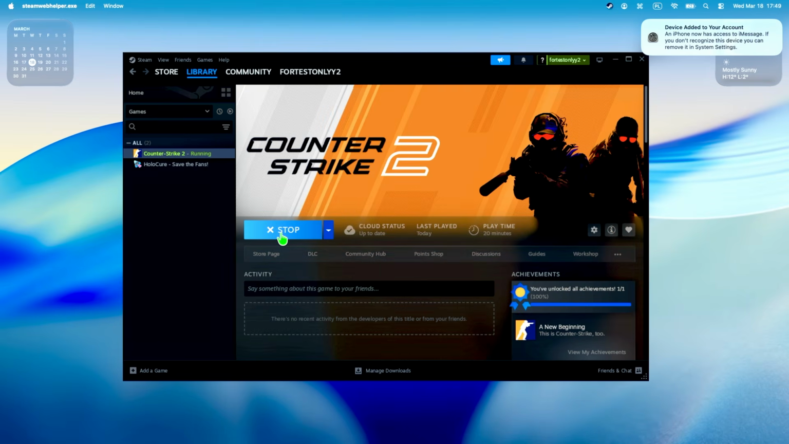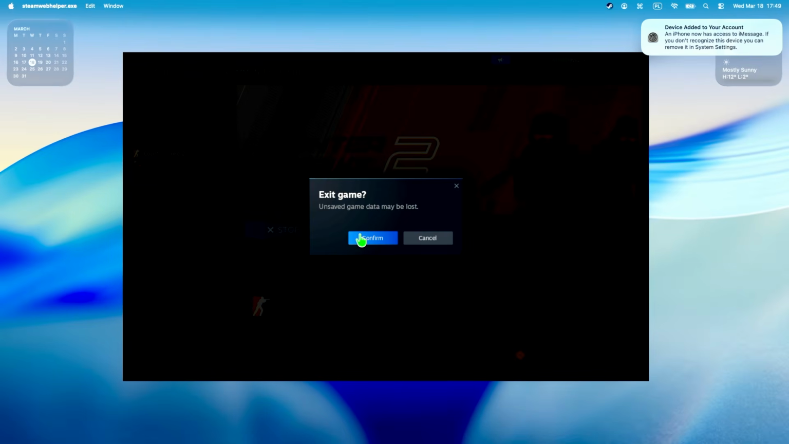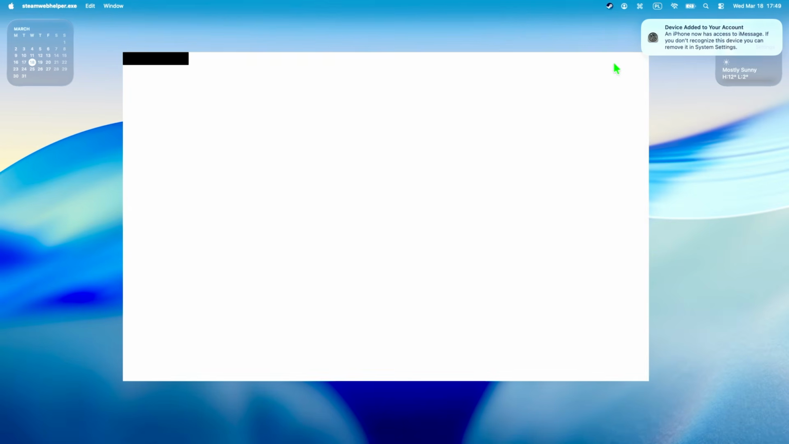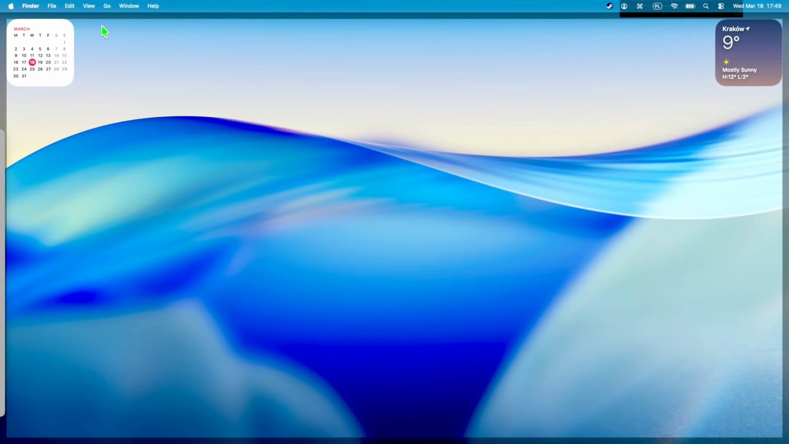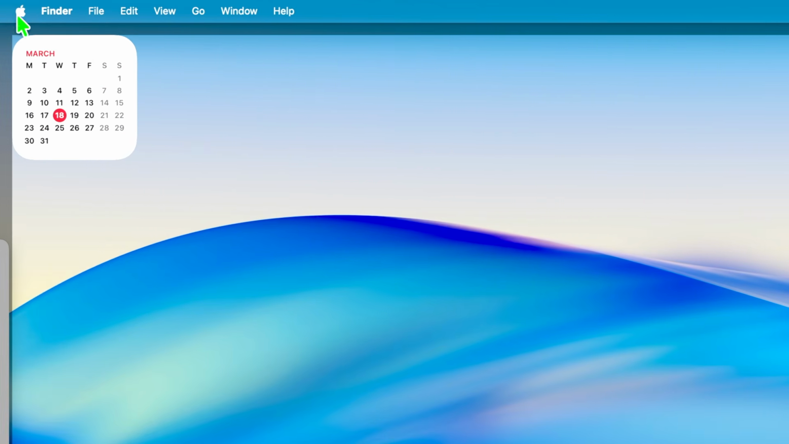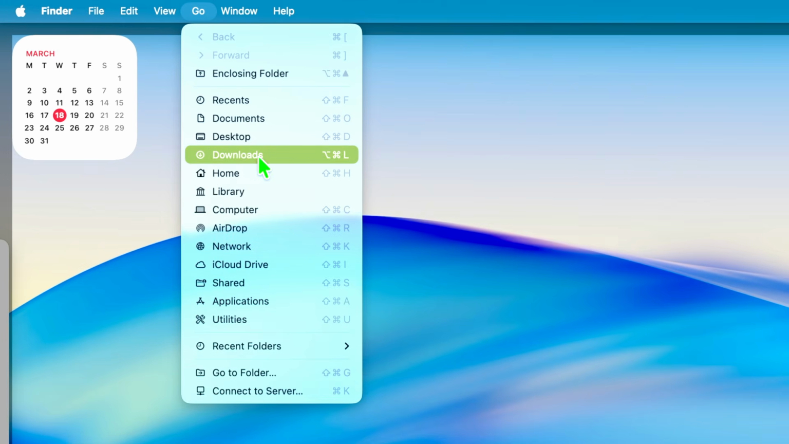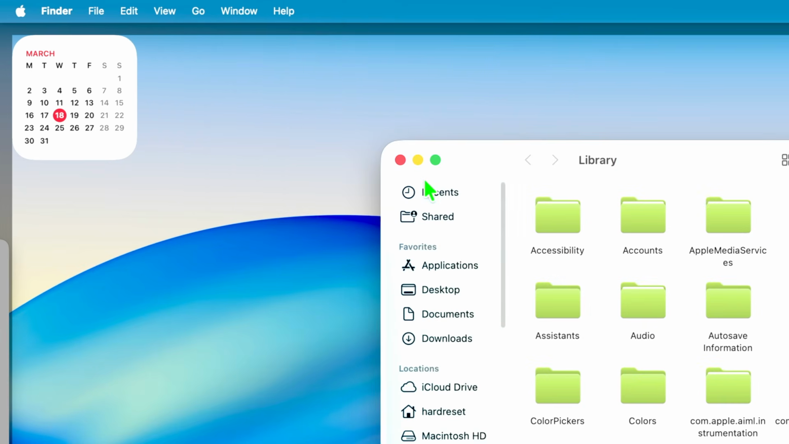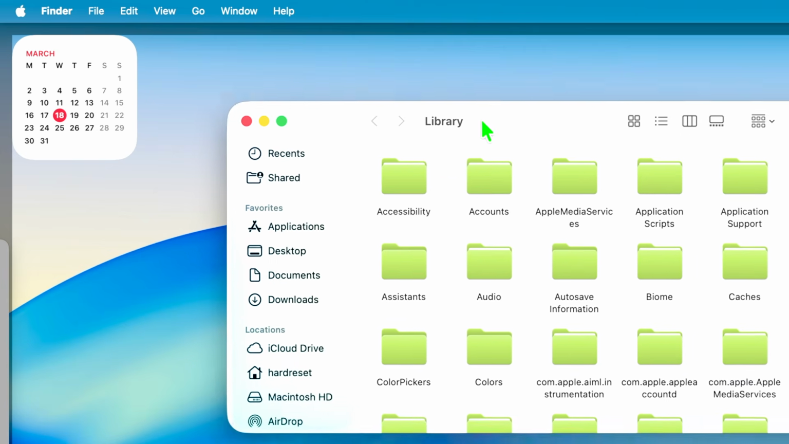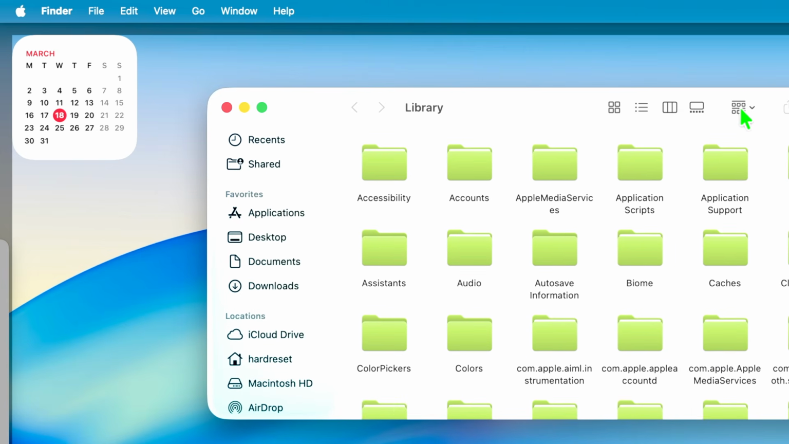Let's stop the CSGO running, CS2. And after that, let's return to the desktop, and let's select Go on the toolbar at the top. Then hold down the Option key on your keyboard, and you will see this Library appearing on the list. Open the library, and after that, let's switch to the list view, and